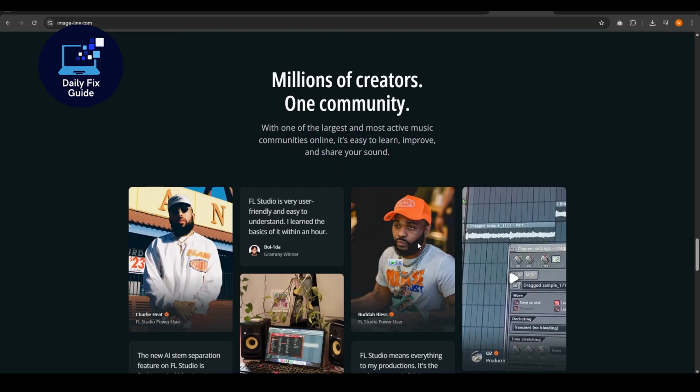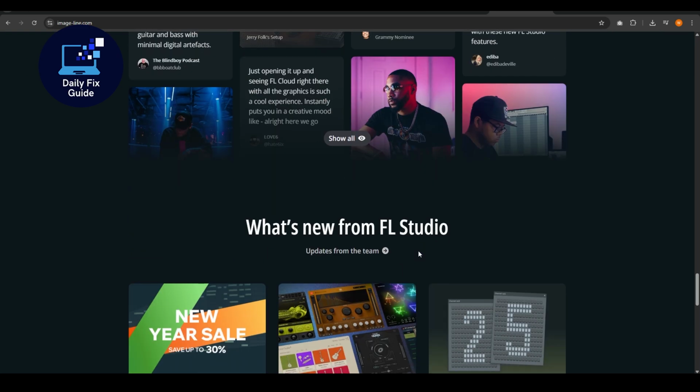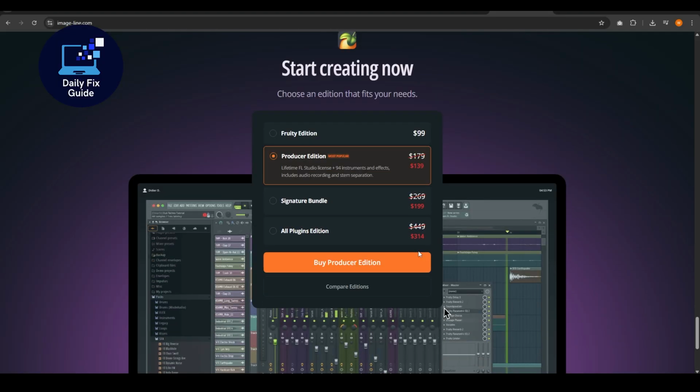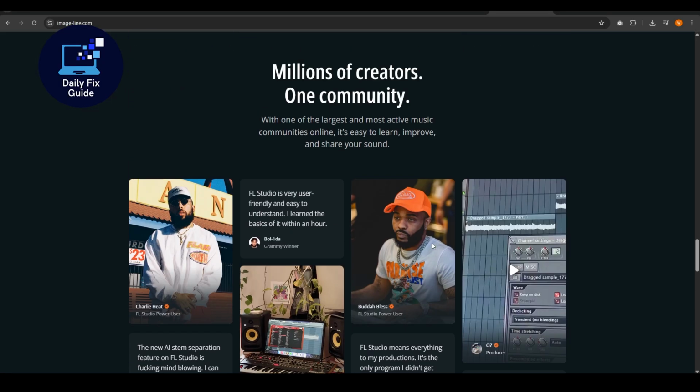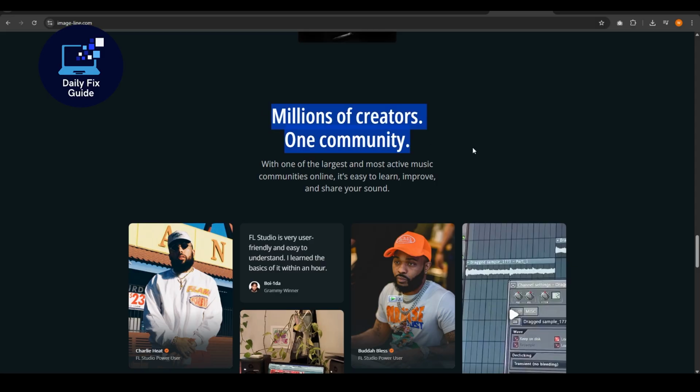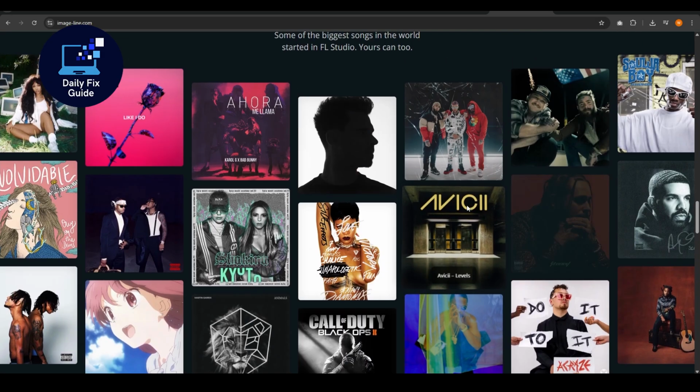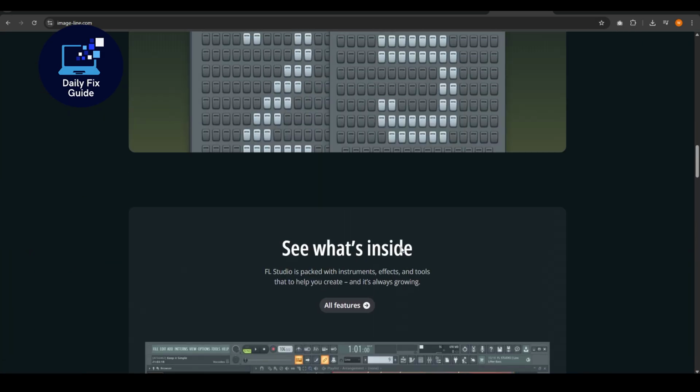updates. Pricing varies depending on the edition, from basic to all plugins included, giving you flexibility based on your needs. It's ideal for beat makers, electronic producers, and anyone who wants fast, flexible workflows and creative freedom with MIDI and